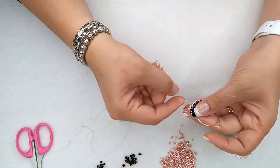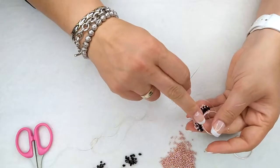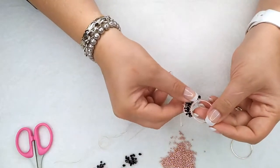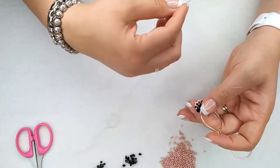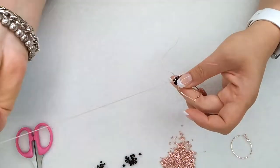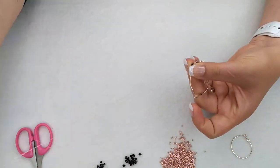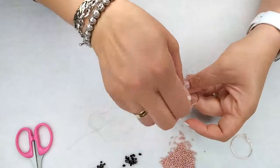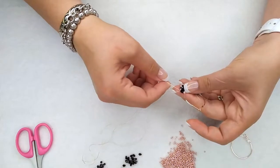Now as I just did the last 3 seed beads, I got to the end of my row. As you can see, these don't really sit straight, so we need to go back and reinforce the thread path here. So again, I need to change the direction of my thread. I'm going to go through this crystal bead, going up again, going through the seed bead, then the crystal drop,